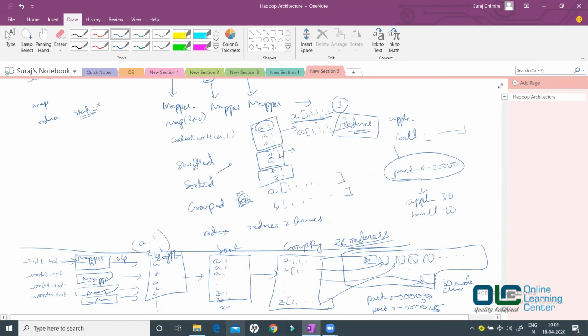Okay, so you will always have a unique group called apple, ball, zebra. Now suppose I have 26 groups. It is possible that you can still say, no, I want to use only one reducer. That's okay. A single guy will work and process all the data one by one.